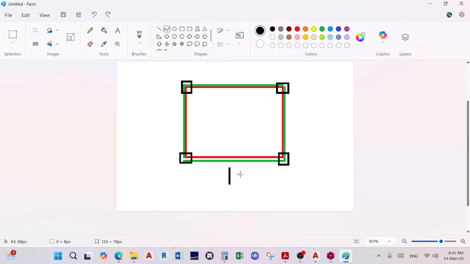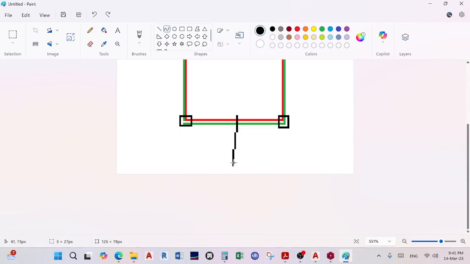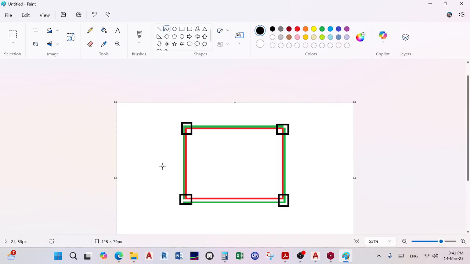My paint has failed me. Anyway, if this is my A, this is my B, this is my C, and this is my D, meaning A, B, C, A, B, C. Beam at C is transferring in this direction and this direction. Beam at B, that direction and that direction. So what you draw in the middle like this and like that,